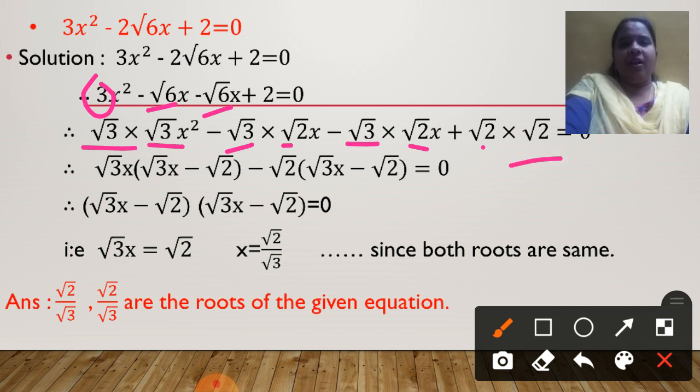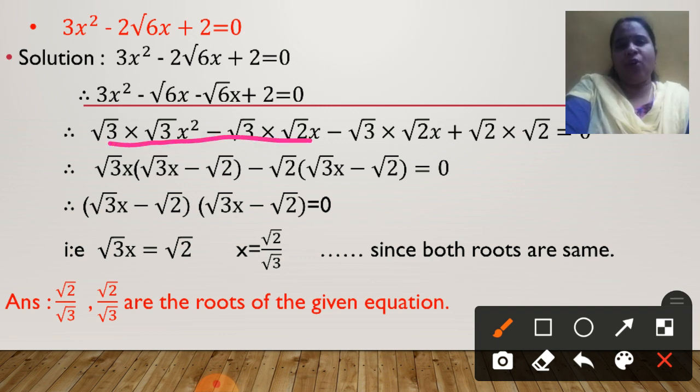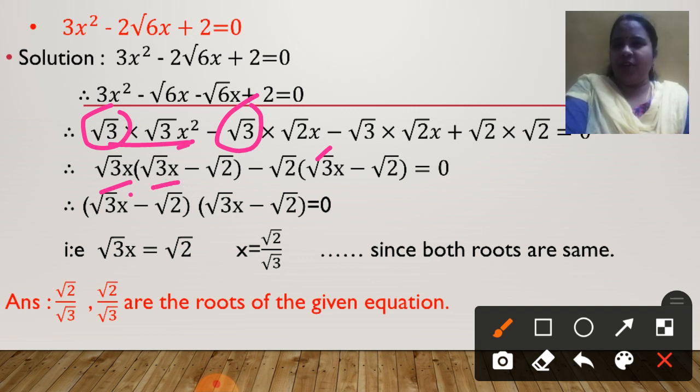Okay. Now, I'll tell you the reason why I have written it. When I write like this, it becomes easy for me to understand when I am taking common. See, root 3 is here. Yes, let's see what can be taken common. From these two, root 3 is here, root 3 is here, 1x is here and 1x is here. So what I can take common? Root 3x. Correct? So from this, root 3x is out. What will be left? Root 3x, because it was x square. Only 1x is out. So 1x will be left inside.